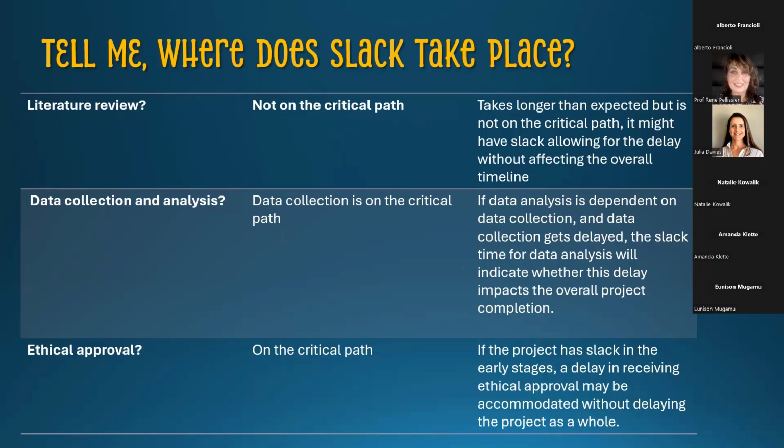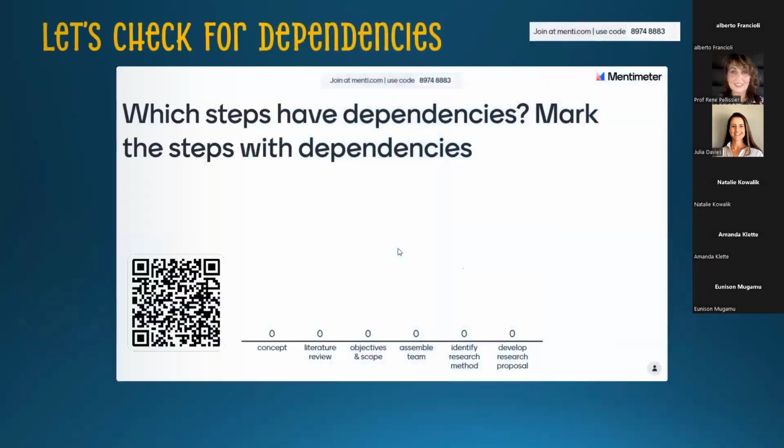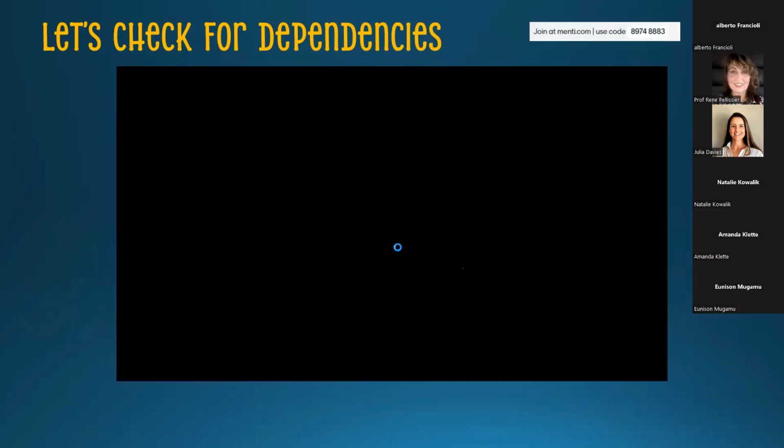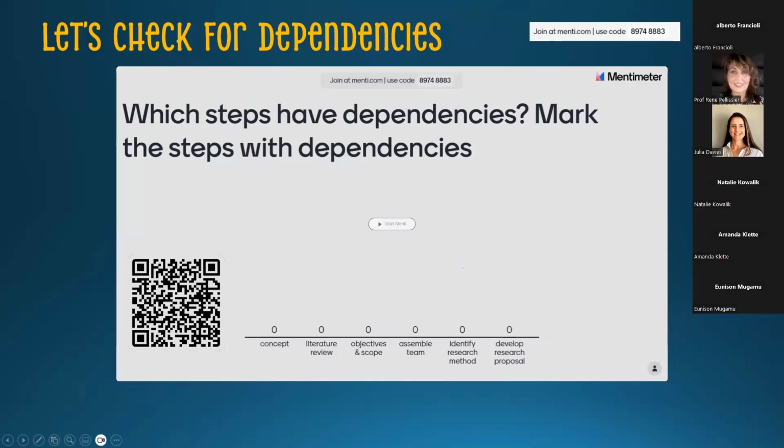Now I'm going to give you an exercise. So we're now going to go to Mentimeter. It looks like this. There we go. And I'm giving you some concepts. Sorry, the first one is a concept. And I'm asking you whether you think this has some dependencies in it. So if you go to, at the top on the right-hand side,